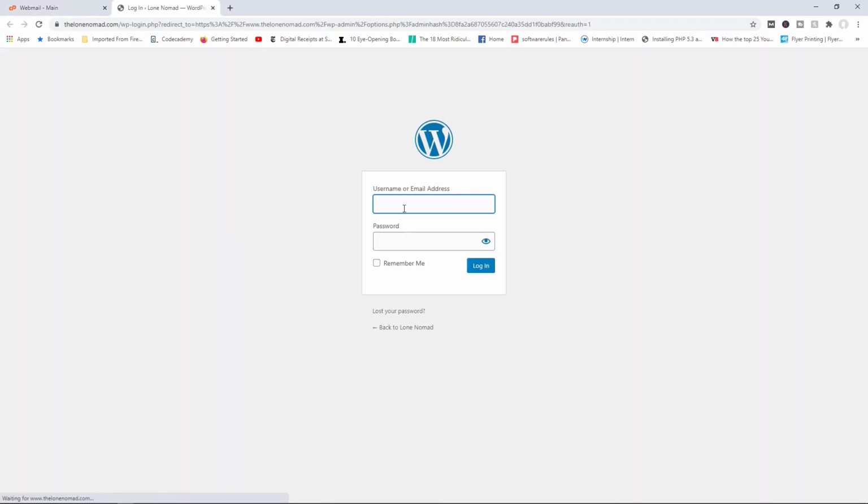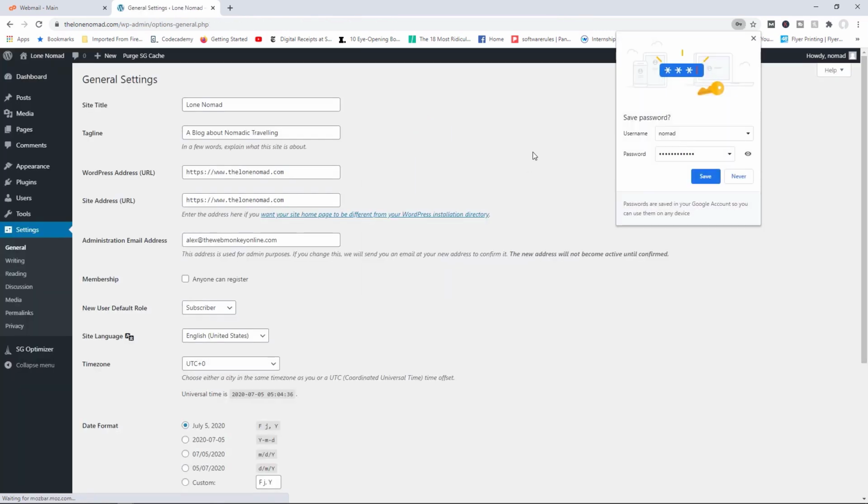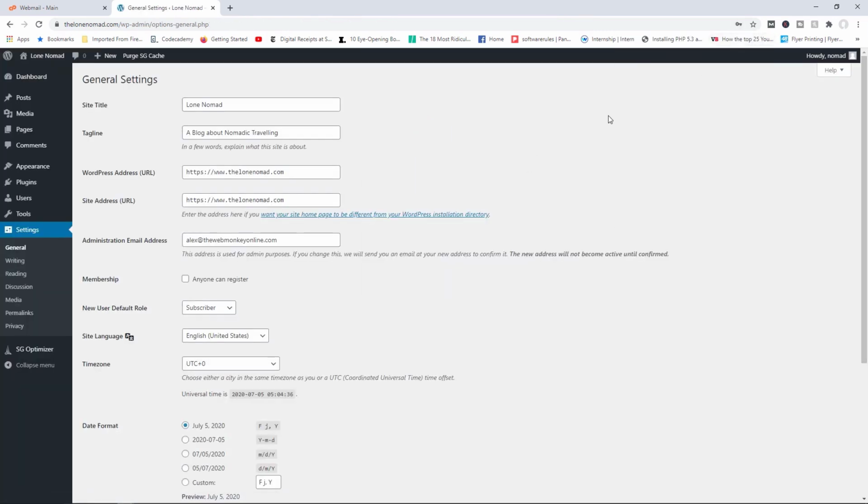And there you go. I have to log in again, so I'm going to do this because I'm using a different browser. I'm using Chrome here. And there you go. So now you can see that because I have confirmed the change, my admin email address has been changed to alex@thewebmonkeyonline.com. So once again, do make sure that the email here is a real email that you have access